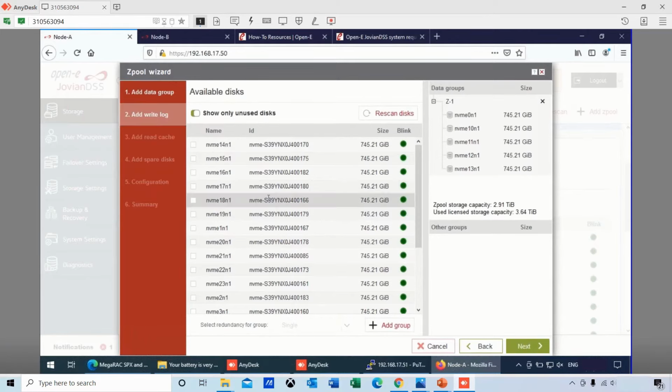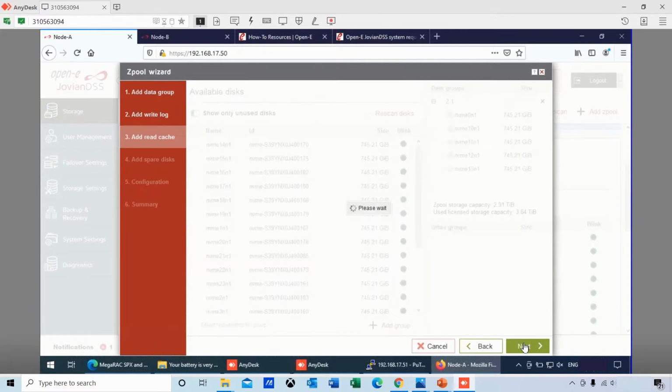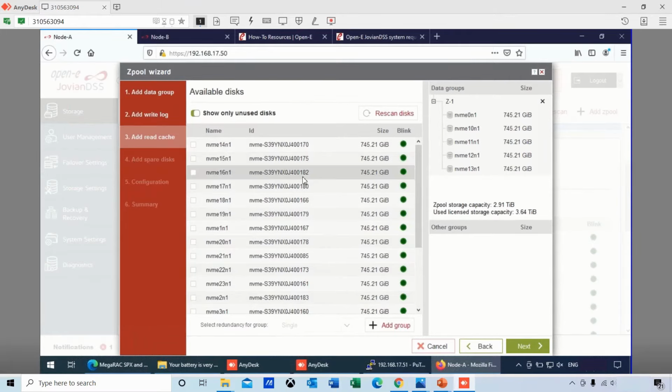Being that it's NVMe, you really don't need to have a write log. So I'm just going to skip that, although I've seen others have it because they want to use it. Here, we're just going to go ahead and create, next, and go to read cache. I probably want to use 1 for read cache because I think I have a customer who's going to be demanding a lot more reads than normal. So he's going to be reading probably 80% of his data. So we'll give him read cache.